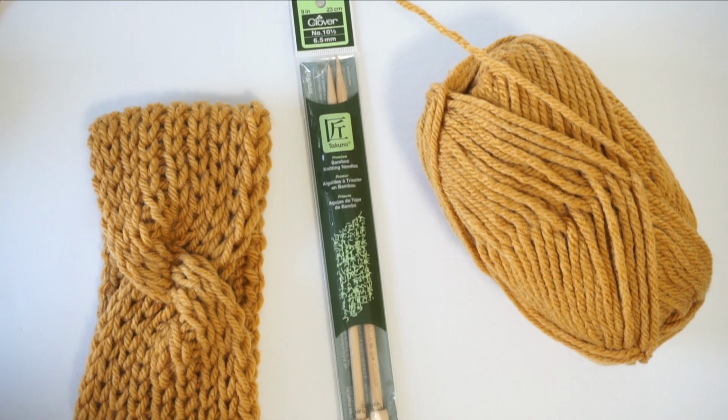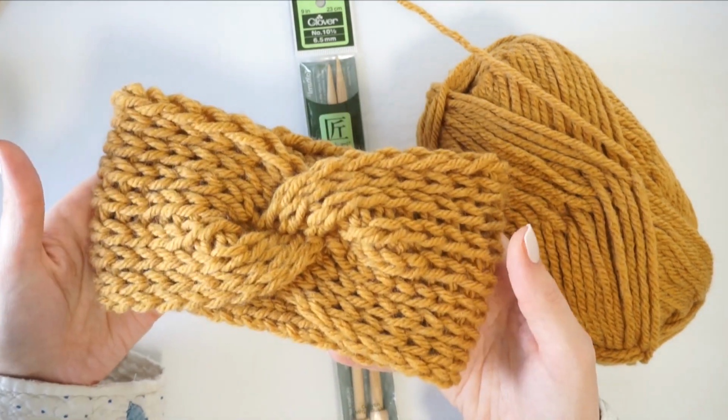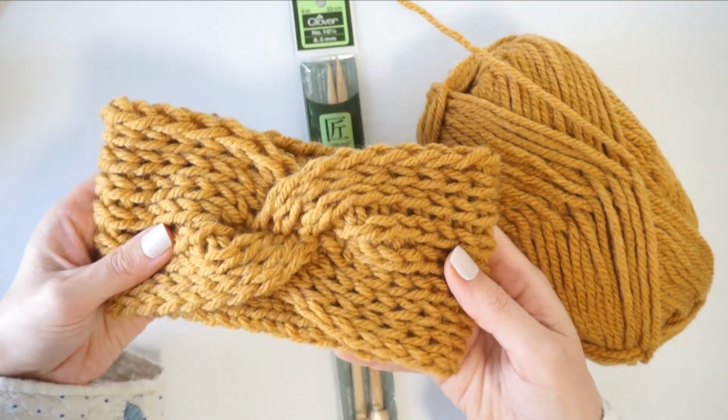My name is Madeline from KnittingHouseSquare, and today I have another quick and easy knitting tutorial for you. So today we're going to be making one of these twist ear warmers, and what's great about this project is